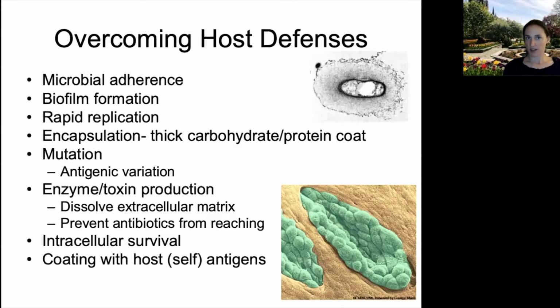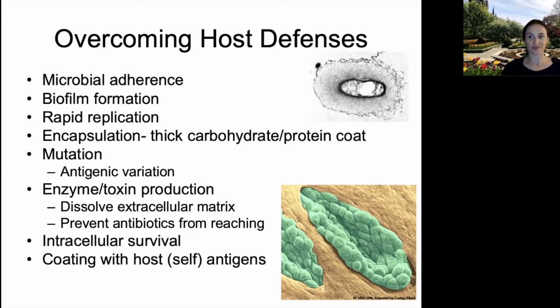So these parasites and bacteria and viruses, they can overcome our host defenses by having microbial adhesion, so it sticks. They can create biofilm formation, which will protect them. They can replicate fast. They can be encapsulated, so they can have a thick carbohydrate and protein coat on them. They can mutate and have different antigenic variations so that they can evade our immune system. They can produce enzymes and toxins that will dissolve our extracellular matrix, and it can also prevent antibiotics from reaching them. They also have the ability to survive within a cell,